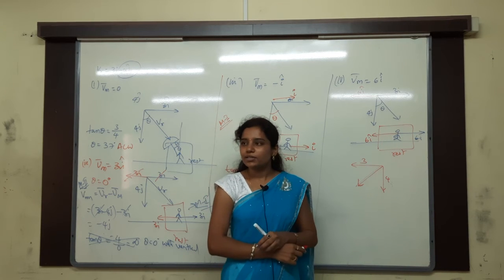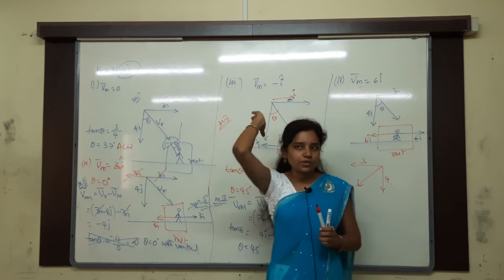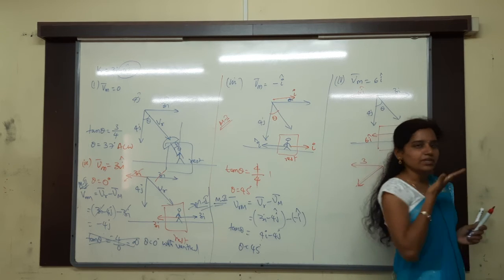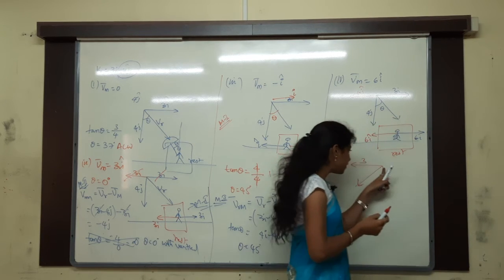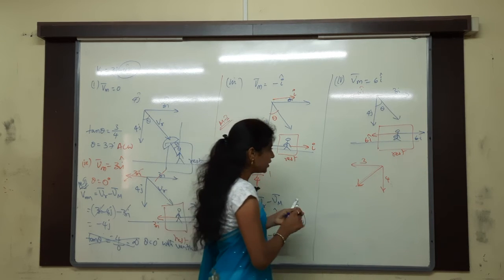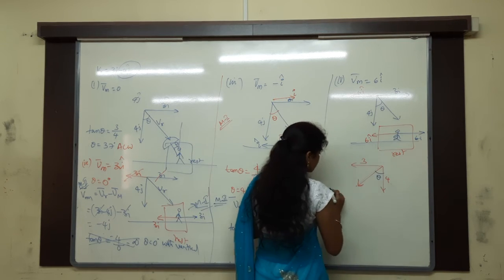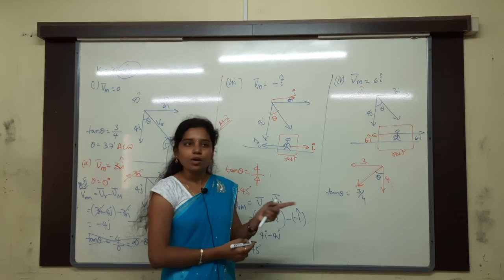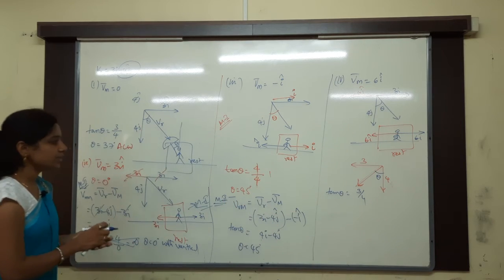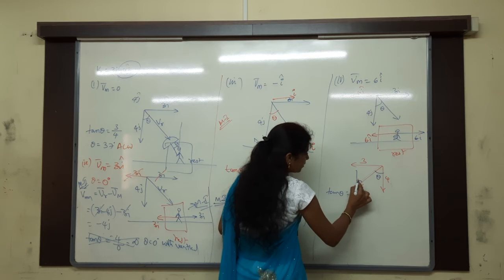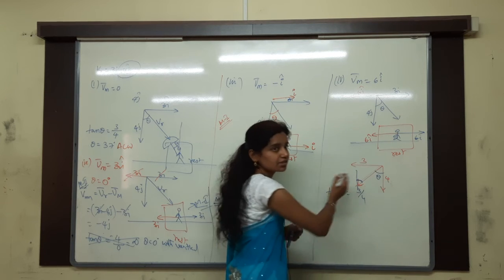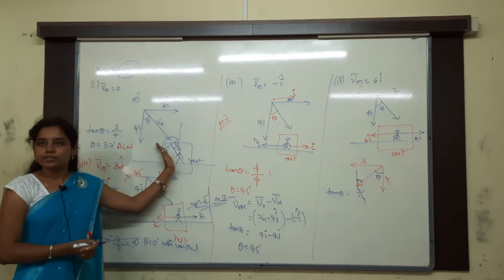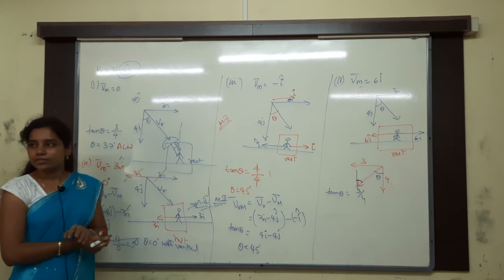Now the resultant velocity is in this direction. Are you able to assume that? Yes. Whenever you are standing, the rain is falling in this direction. Whenever you are walking, the rain is falling like this. Whenever you are running, the rain is falling like this. So the rain is falling in this direction now. Now tan theta is equal to how much will we get? 3 by 4 only. But same direction or opposite direction? Opposite. Initially also it was 3 by 4 only. See that? Now the man is holding the umbrella in the clockwise direction. Before, he was holding the umbrella in the anti-clockwise direction. The first case and the fourth case are related. Both are related.